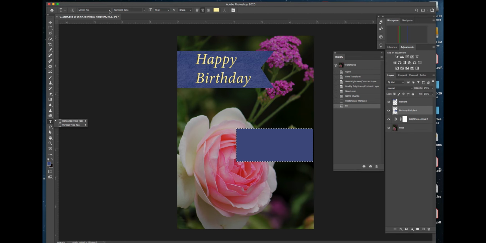Minion Pro should be our typeface, our font, and let's go to medium italic. Here's my cursor, if you can see that, and I want a central